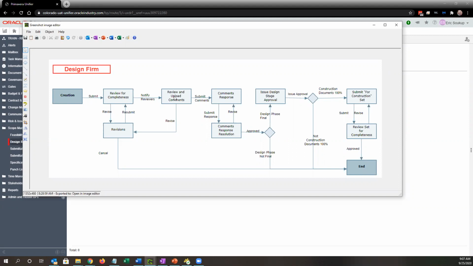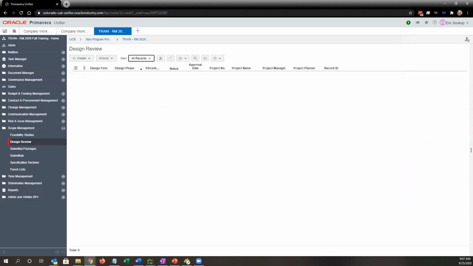So that we can use the workflow to track the overall progress, make sure we have all the design documents and the comments together, and we can track the response. So this review and upload comments step